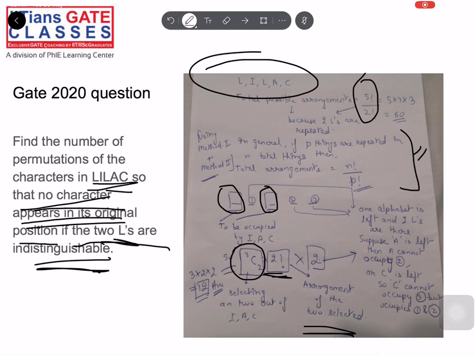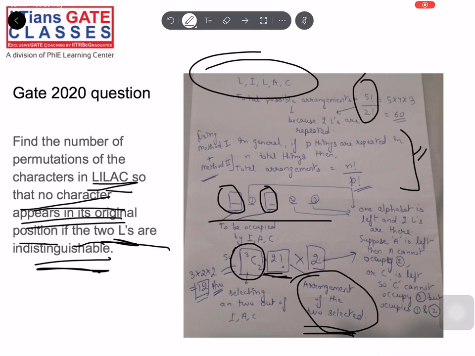Now our job is not done. We have to fill positions 1, 2 and 3 as mentioned in the slide. Position 1, 2 and 3 I also have to place, right? So guys, remember one thing. I've selected two letters here, and the third letter will be left. Then the third letter will occupy either 1, 2 or 3. Now which places out of 1, 2 and 3 can the third letter occupy?